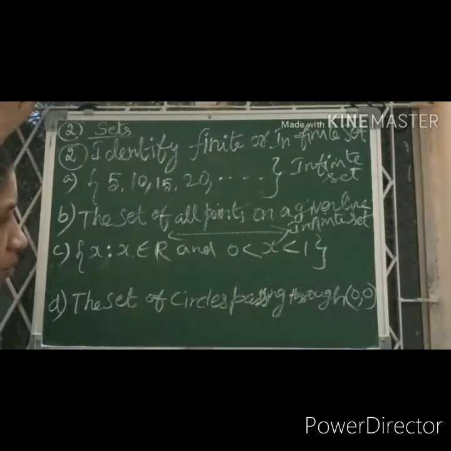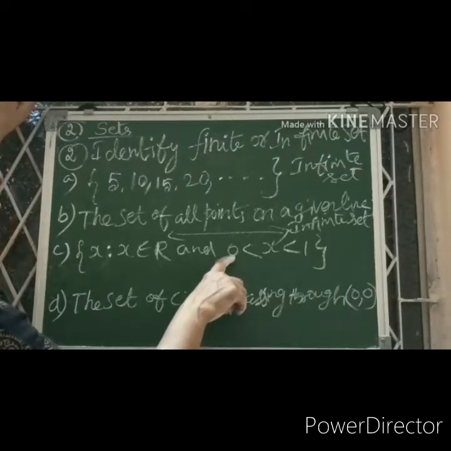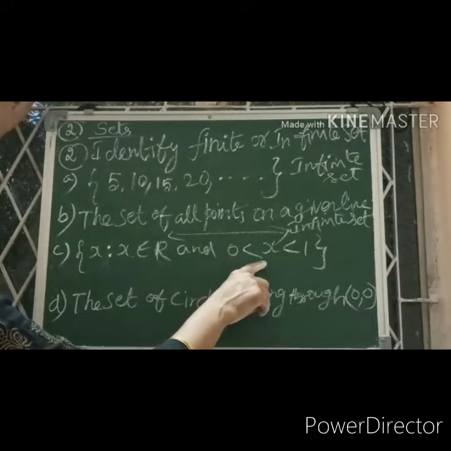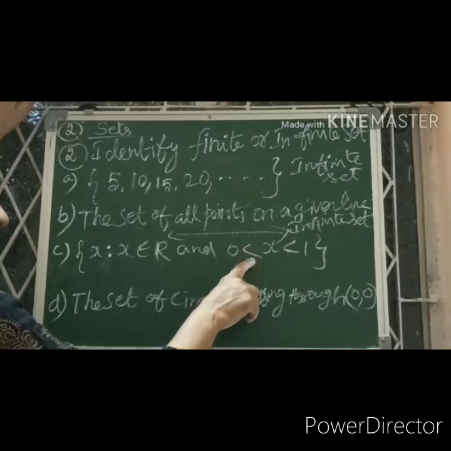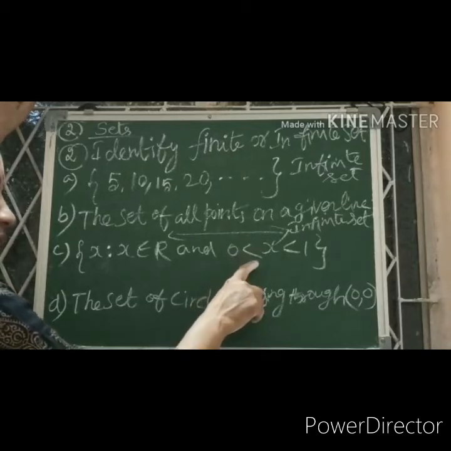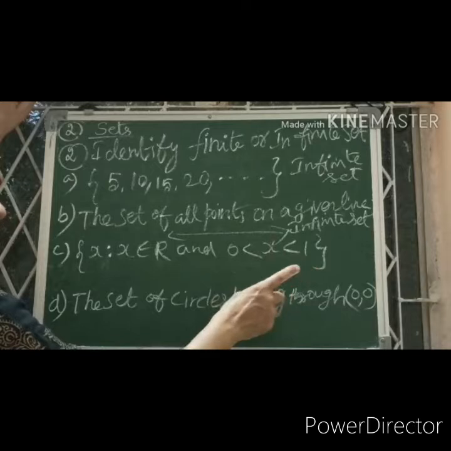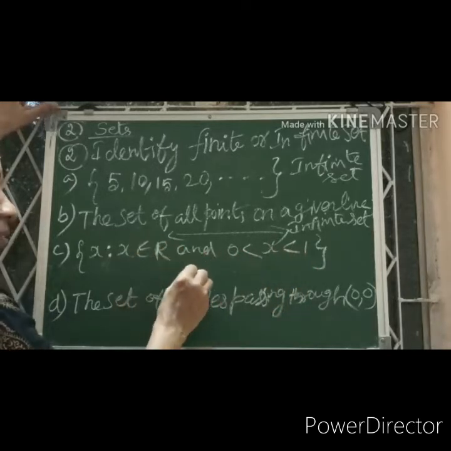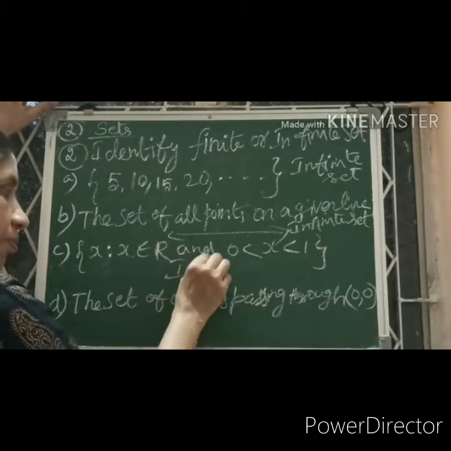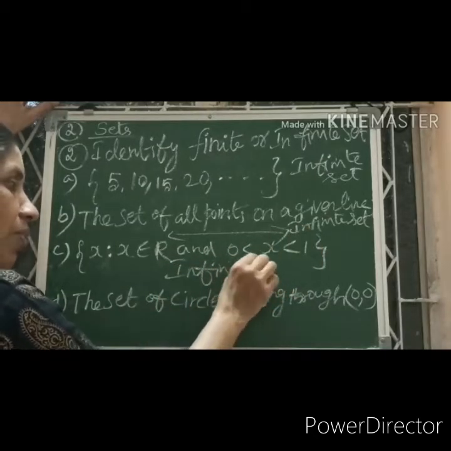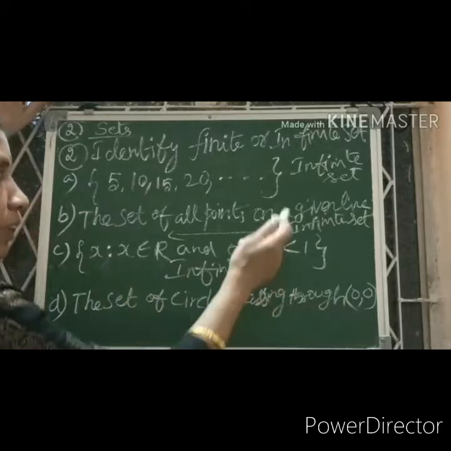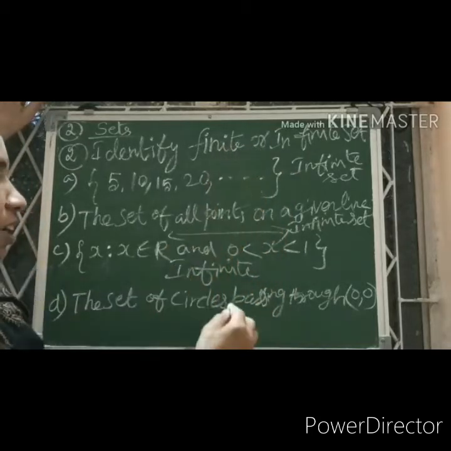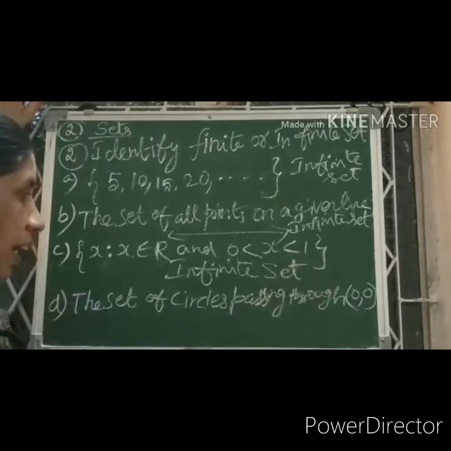Okay, you will think between 0 and 1 there are only very few points. No. 0.5, 0.555. We have done in 10th class, 9th class, real number, rational number, irrational number. In many terms you can write between 0 to 1. So this is again an infinite set. That's all. You have to identify the terms. Whether we can count means you write finite set. If you cannot count, it is infinite set.